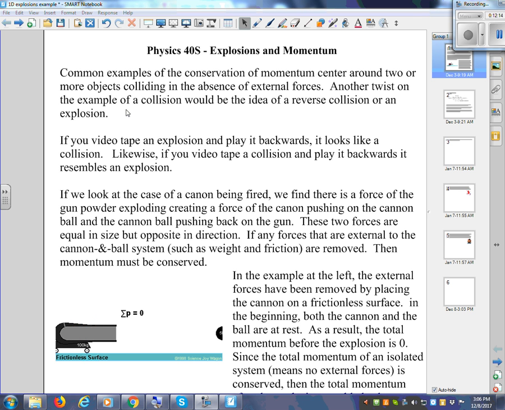Another twist on the example of a collision would be the idea of a reverse collision or an explosion. If you videotape an explosion,